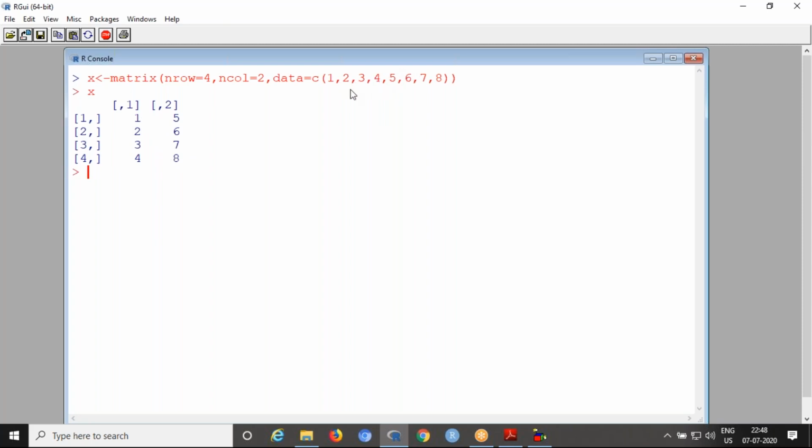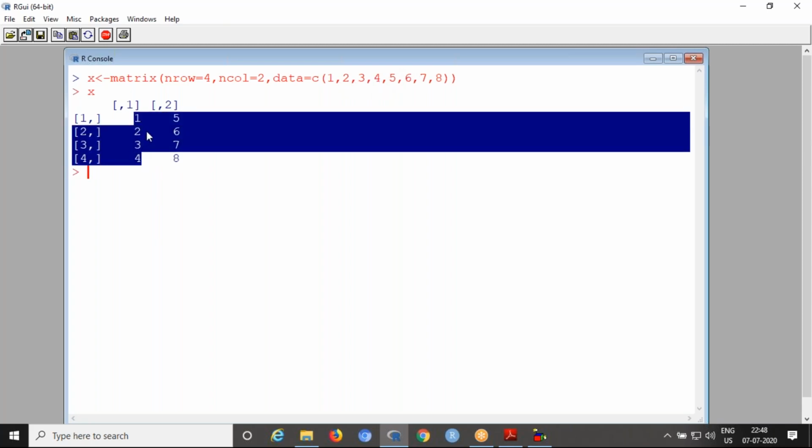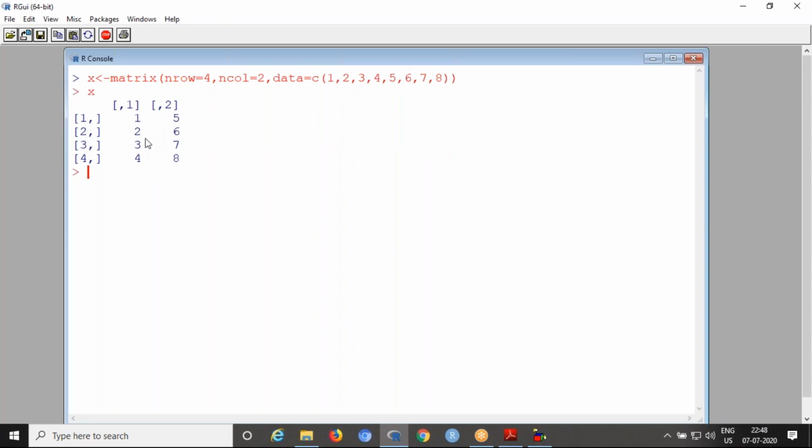So 1, 2, 3, 4. Then the remaining 4 elements go under the second column under 4 rows: 5, 6, 7, 8. So like that, by default it fills column wise.